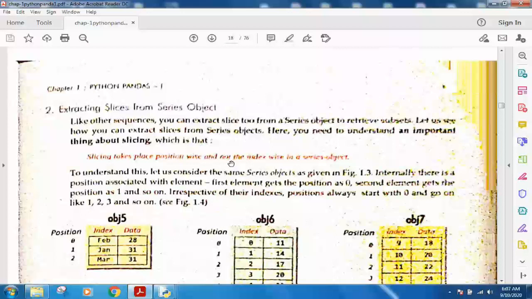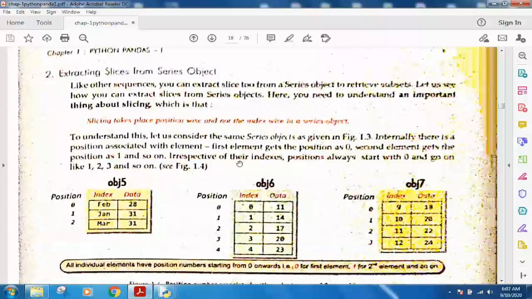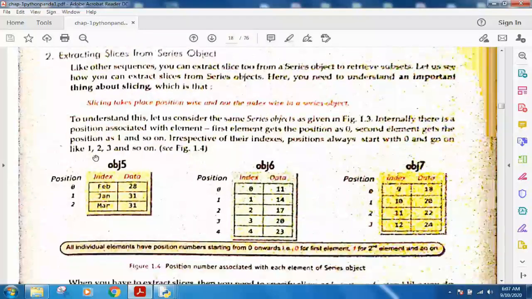How the series slicing is applied: you have to specify the start, stop, colon, and then step. By default it always starts with 0, and the position always starts with 0. If you do not specify the second value, it will always be considered as the last index value.